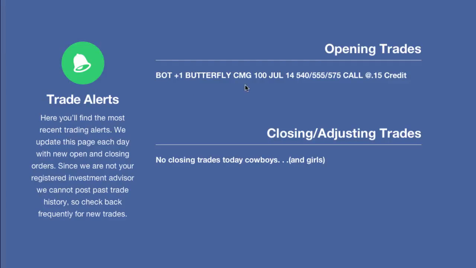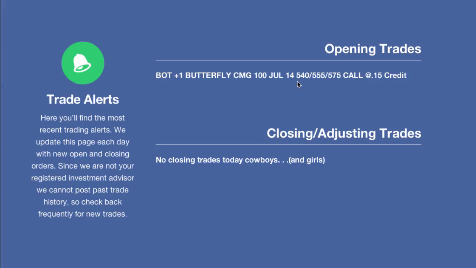Now you'll see that this is a butterfly in CMG, which is Chipotle, and the expiration month that we're trading is the July 2014 monthly contract. So this is not the front month, which is June, which only has about 3 weeks to go in expiration, but we're trading the next month out, which is about 45 days out. Now you'll notice that this is a little bit different because this butterfly is a broken wing butterfly,